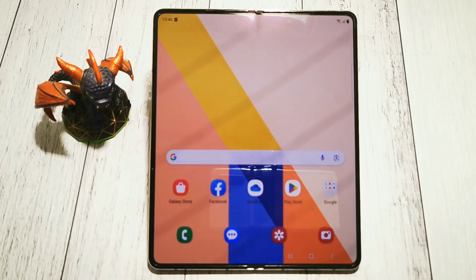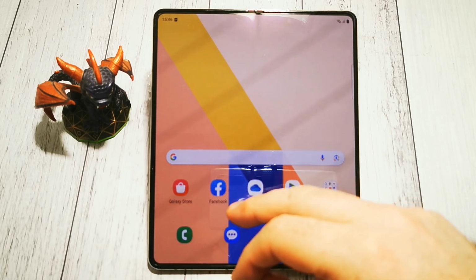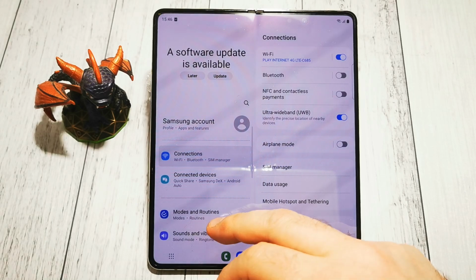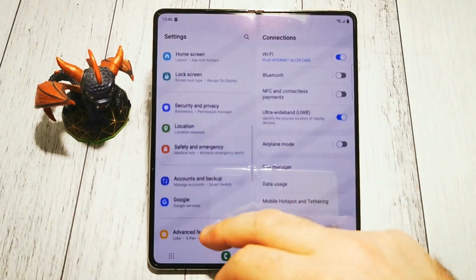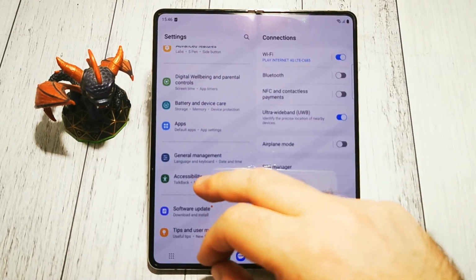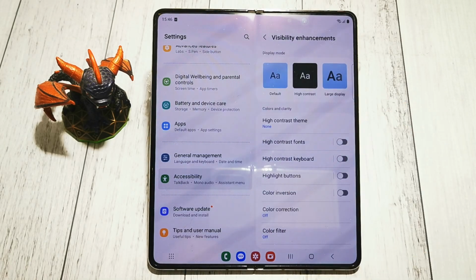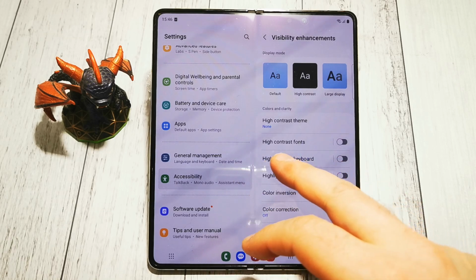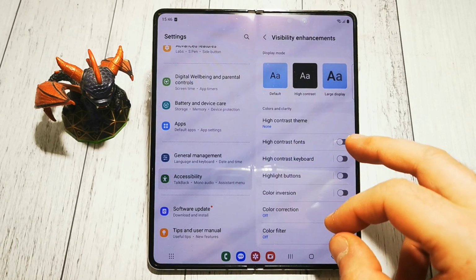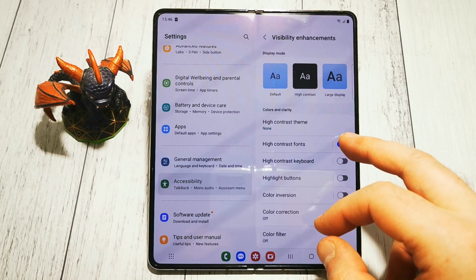Today I will show you where to find the option and how to turn on high contrast font in Samsung Galaxy Z Fold5. To change our font contrast, you have to go to Settings first, then we are looking for Accessibility functions here, and at the top we have Visibility Enhancements. In Visibility Enhancements we have high contrast fonts. So simply just checking this little box here,